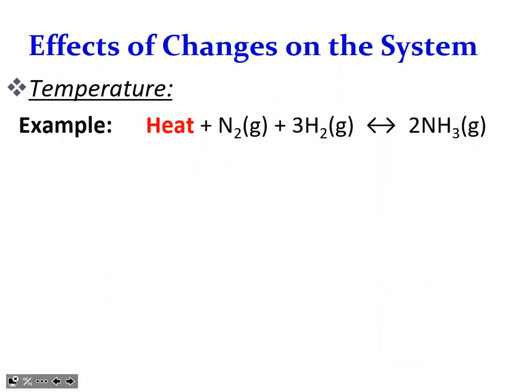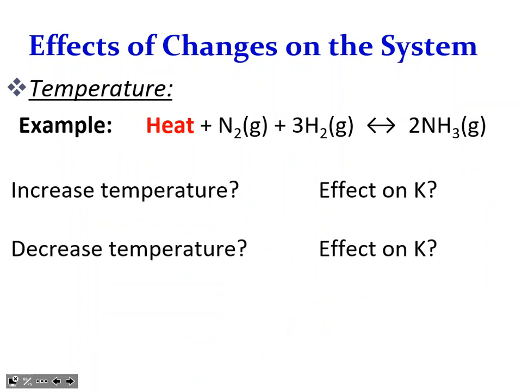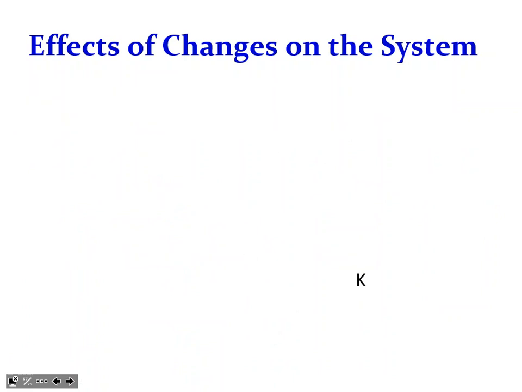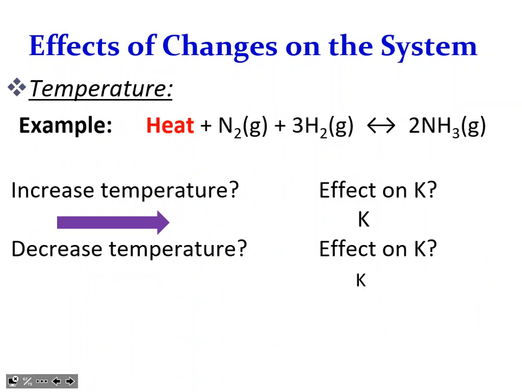Alright, so taking a look here at our example, where is this endo or exo? Endo, because heat is part of the reactants here. Good. So, increase in temperature means it's going to proceed towards the products, to the right there. A decrease in temperature